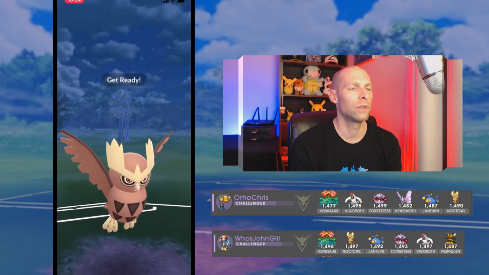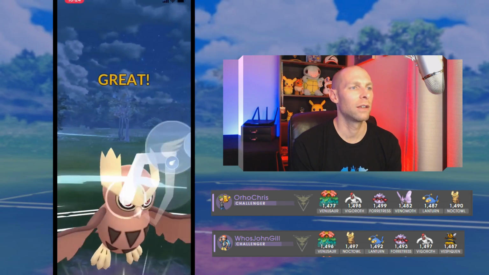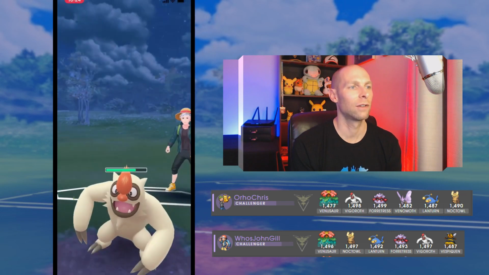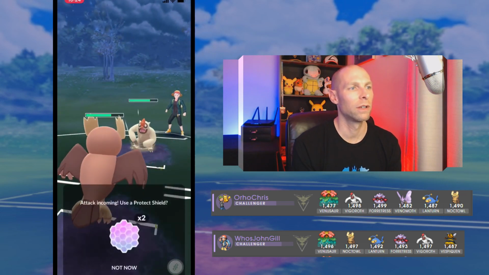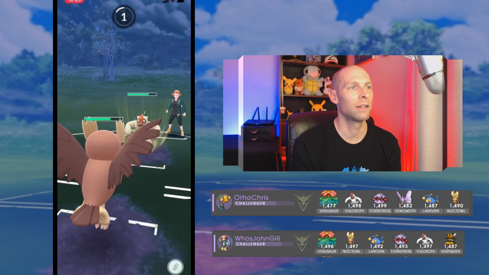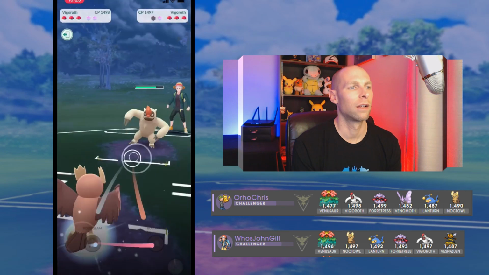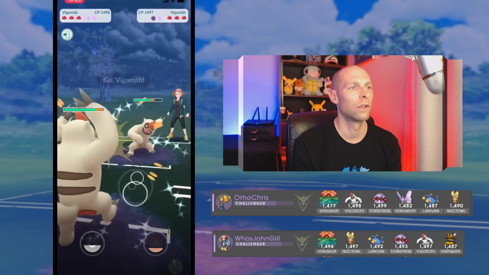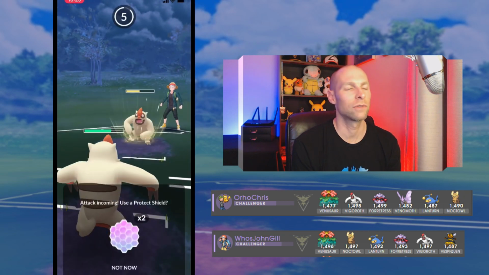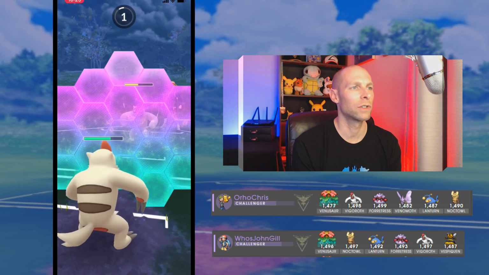He is going to store up a bunch of energy on the Vigoroth. He's either going to eat this, or I'm going to get the shield burnt. I was trying to switch there. He's now going to force me into a decision to either save that, burn that shield, or eat that energy. I elect to